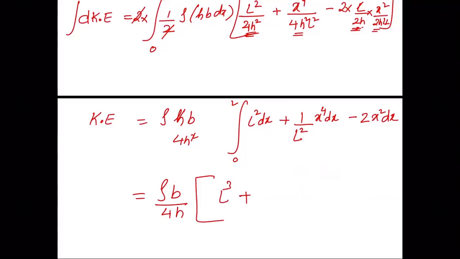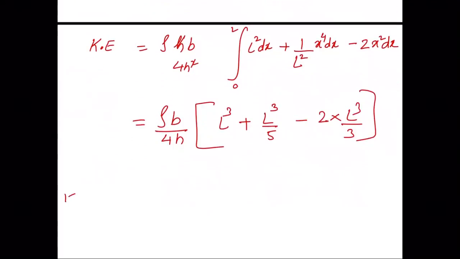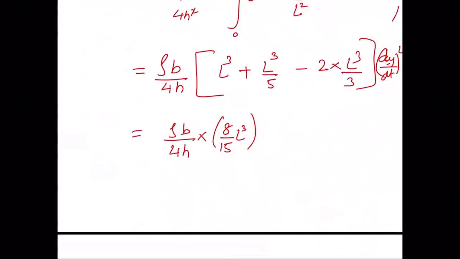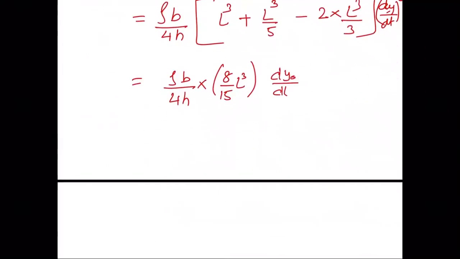तो वो हो जाएगा l³/5 हो जाएगा, minus 2 x² dx का integration l³/3, ठीक है, तो ये क्या हो रहा है 1 plus 1/5 minus 2/3, 15 ले लेते हैं तो 15 plus 3 minus 10, 18 minus 10 आपका हो जाएगा 18 minus 10 is 8 upon 15, तो ये हो जा रहा है तो b upon 4h हो जा रहा है 8 upon 15 l³, अच्छा वो (dy0/dt) का whole square वाला term तो है ही है, right, ऊपर भी है and हर जगह है वो ना, (dy0/dt) का whole square वाला term,